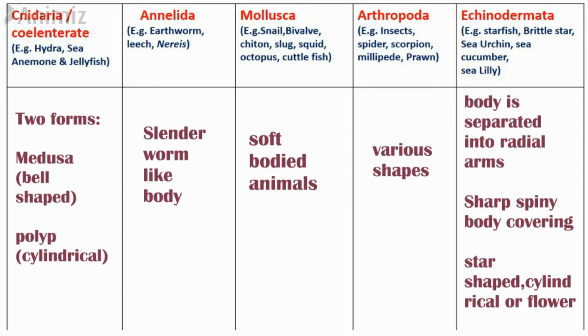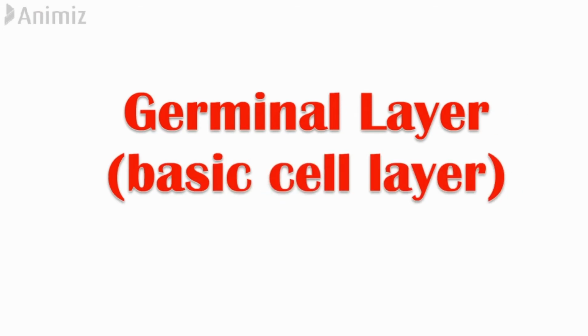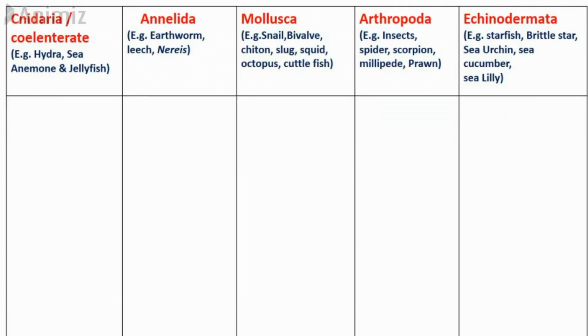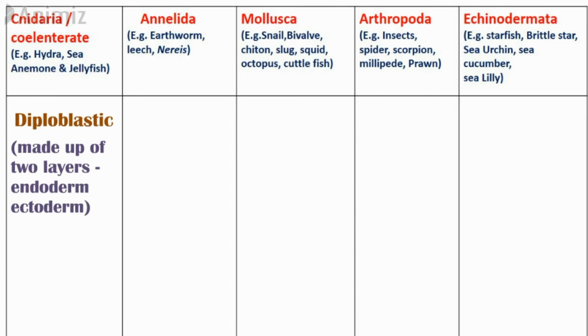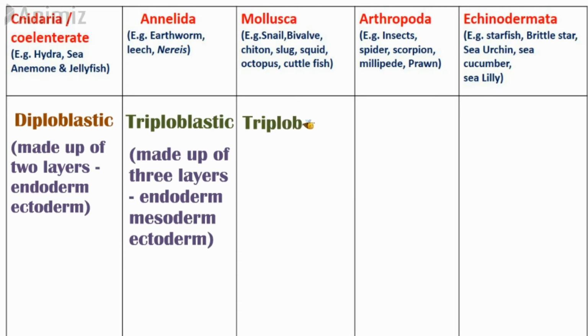Now let's move to our next feature. That is the germinal layer, which means the basic cell layer of an organism. So when we consider the phylum Cnidaria, it is diploblastic, which means it is made up of two layers, which has endoderm and the ectoderm. Then other than the Cnidaria, all the other invertebrates are triploblastic, which means it has three layers such as endoderm,